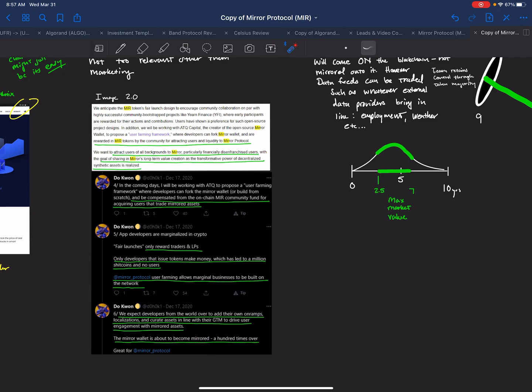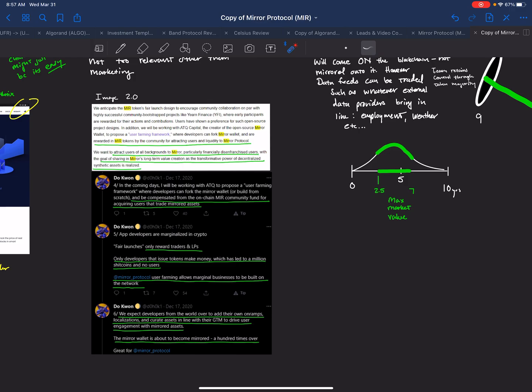In traditional systems, fair launches, as they call them, only reward traders and liquidity providers. Only developers that issue tokens make money, which has led to millions of crap coins and no users. The MIR protocol uses farming that allows marginal businesses to be built on the network. We expect developers in the world to add their on-ramps, localizations, and curate assets in line with their drive for user engagement